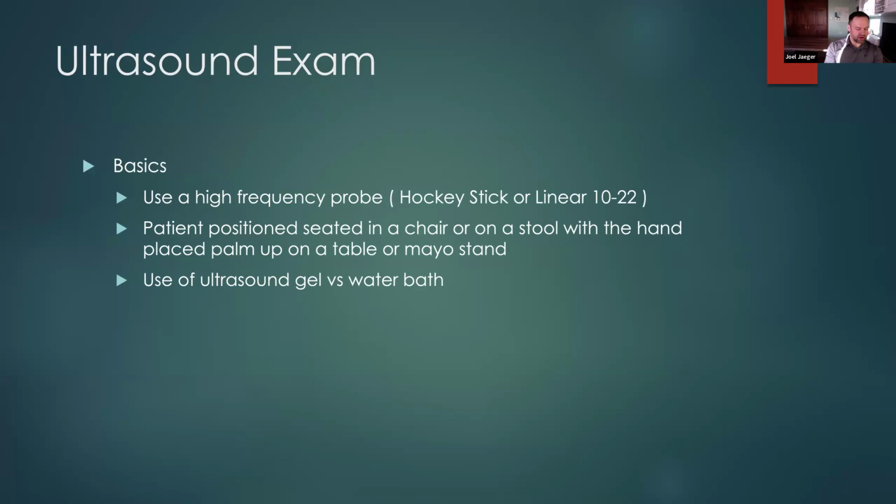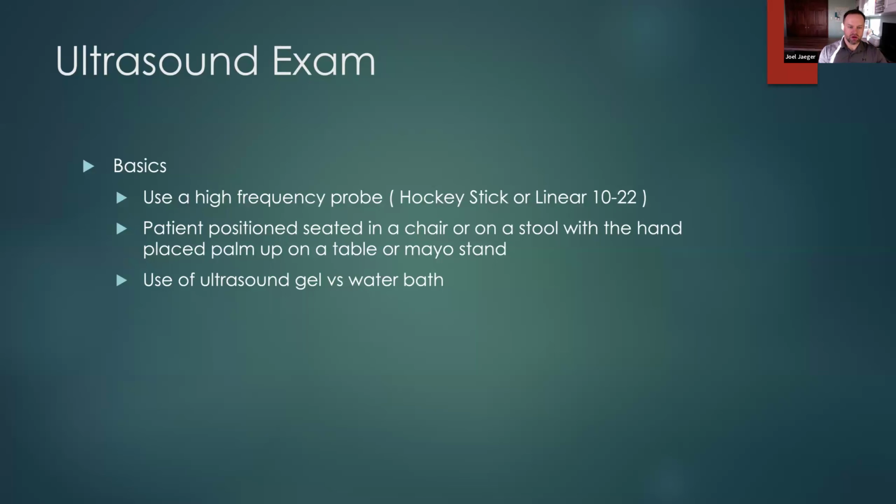So as far as preparing for an ultrasound of the hand, not everyone has all the latest ultrasound machines or all of the probes. If we're going to start doing some hand ultrasound as part of your practice, I do recommend going towards those high frequency probes, because some of those smaller structures are just much easier to visualize. Whether you're using a hockey stick or some of the other small footprint probes, I have a linear 10-22 that I use. I feel like that is the main probe that I'm using when I'm doing any kind of hand